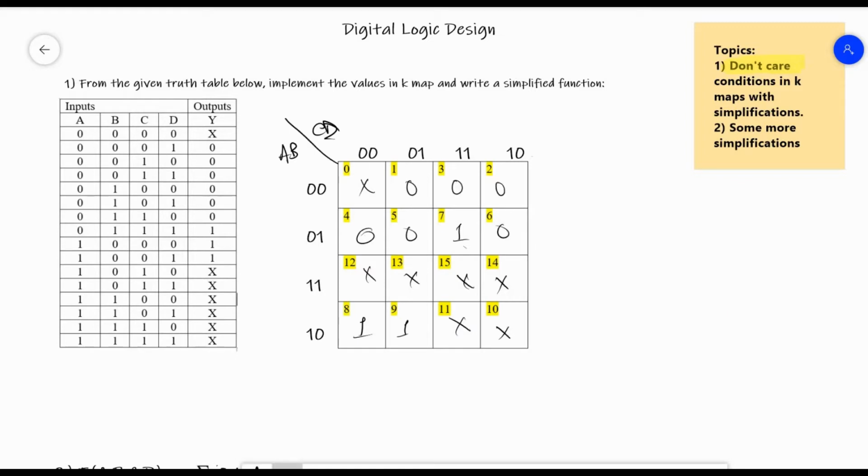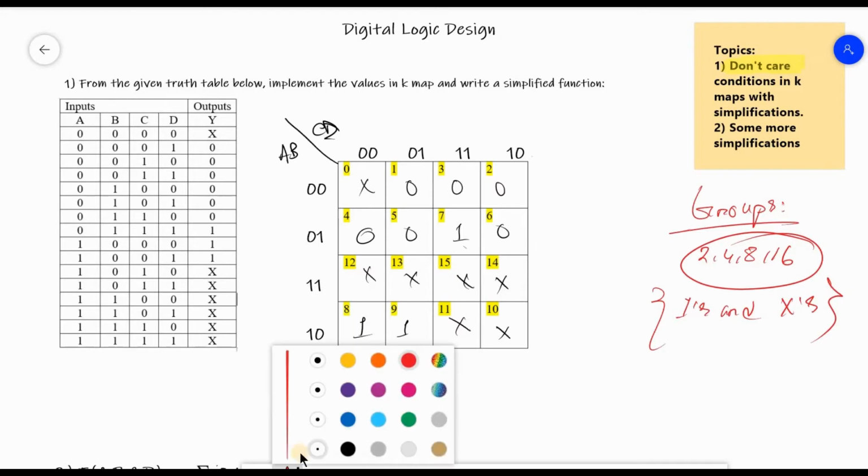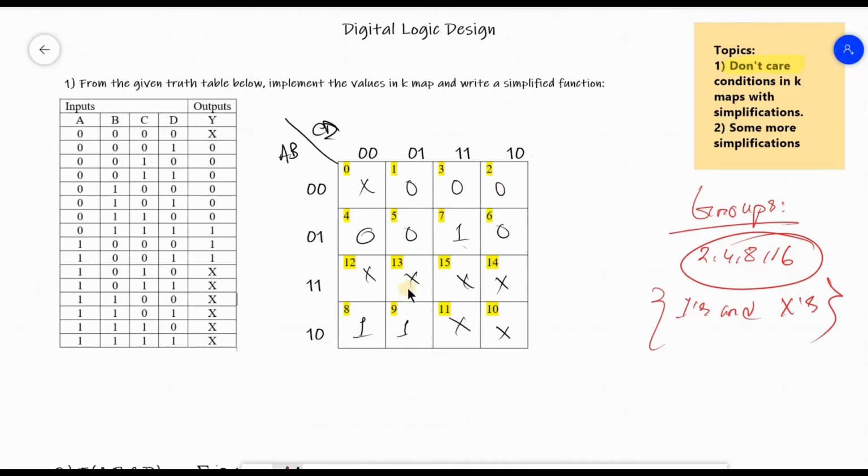Now before I move on to grouping, I'd like to include a note here that a group can be formed with 2, 4, 8 or even 16 combinations, and in a group there can be a combination of ones and x's, no problem with that. So I can see that in the lower portion of my K-map box I have